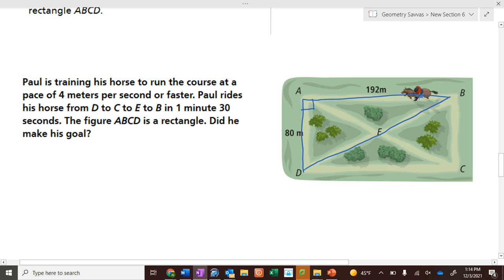If we know two sides of a right triangle, how do we find the third side? What's the magic words of the Greek guy? Pythagorean theorem, named after Pythagoras, a Greek guy. Pythagorean theorem: c squared equals a squared plus b squared. So c squared equals 80 squared plus 192 squared,